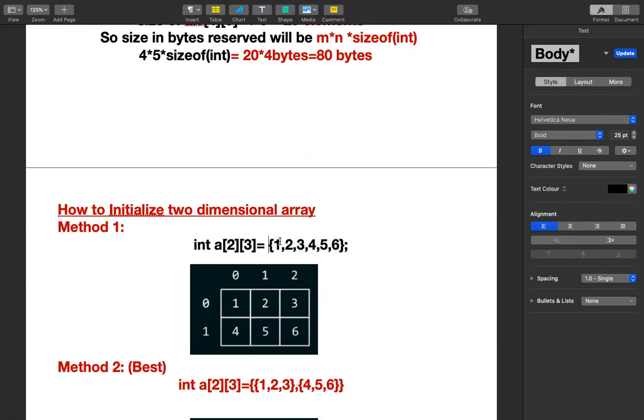What happens when you initialize in this fashion is that the first element, 1, will be stored as the first row, first column element, which is 0 comma 0. The next element is stored in the first row, second column, that is 0th row and first column, so 2 is allocated in the 0 comma 1 position. Similarly, 3 will be allocated in 0 comma 2. That ends the first row, which has 3 elements, and the next element goes into the next row. So at 1 comma 0 you get 4, at 1 comma 1 you get 5,